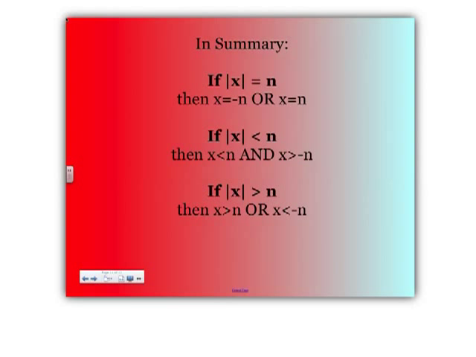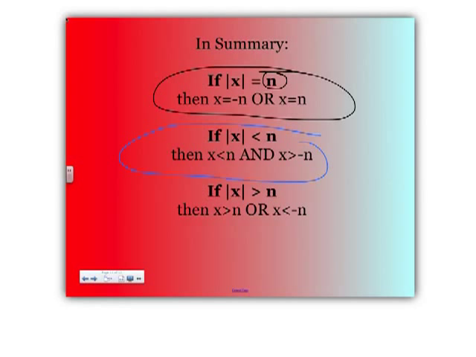So in summary, if you have the absolute value of x being equal to a number, then x could be either a positive or a negative version of this answer here. If the absolute value of x was less than n, that would mean that x could be less than n and it would have to be greater than negative n. And your solution for that would look like,